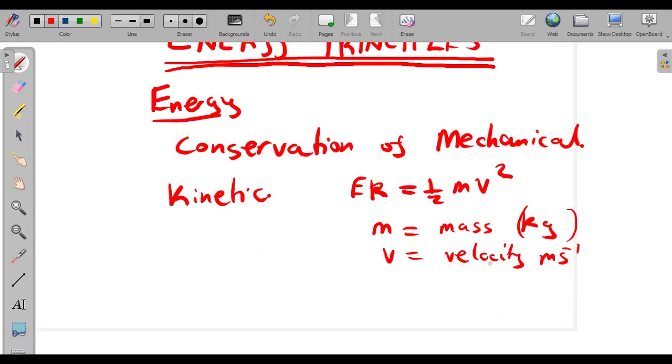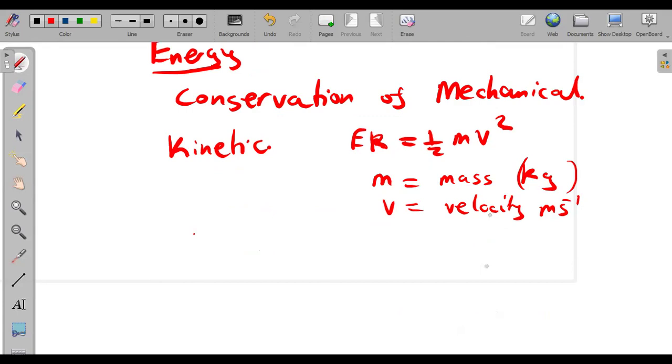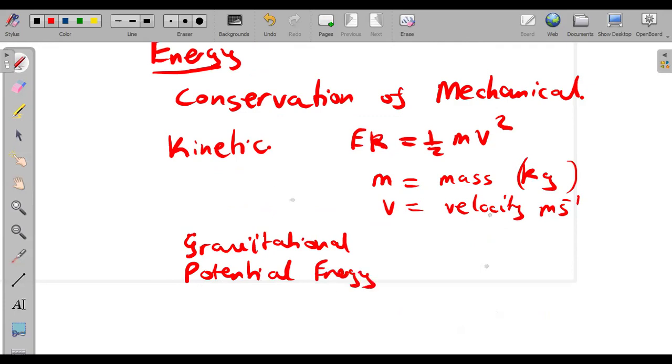Apart from kinetic energy, we also do have gravitational potential energy. We are required to know it as well. By definition, gravitational potential energy is the energy that an object possesses by virtue of its position above the Earth's surface. So the energy that any object possesses due to its position above the Earth's surface, it is what we call gravitational potential energy. It is given by the formula EP is equal to mgh, where m is the mass,